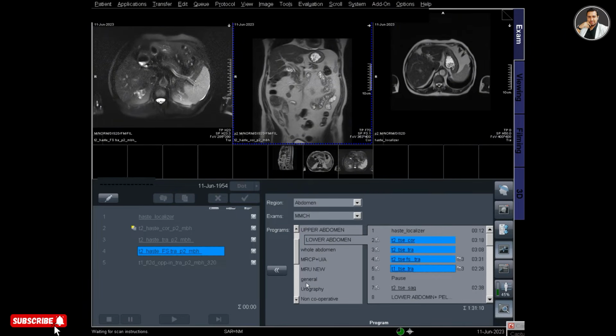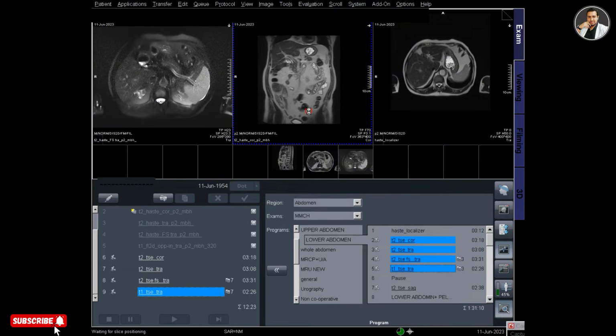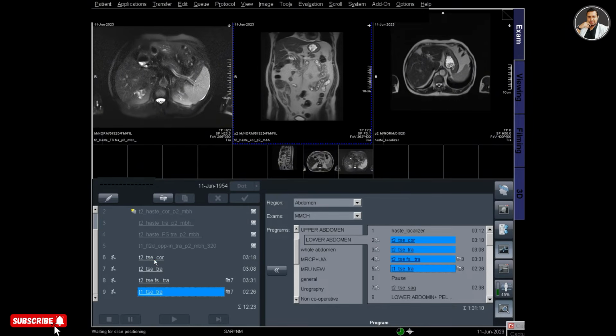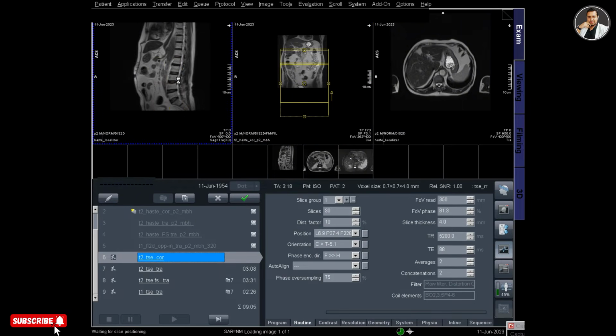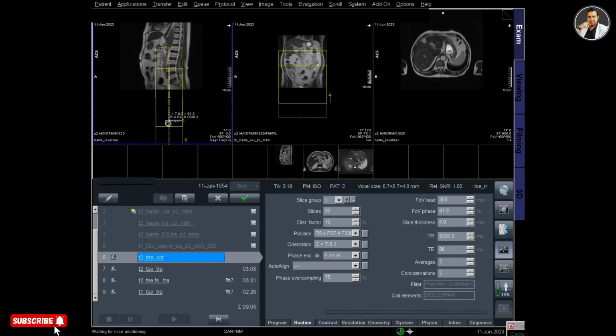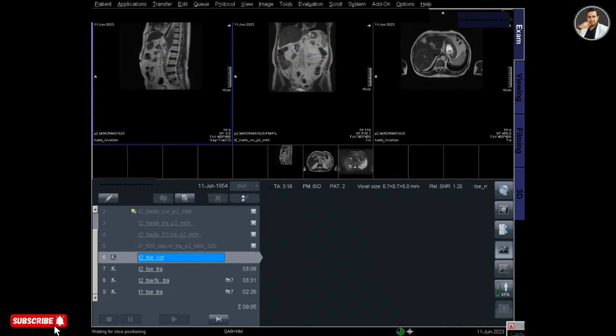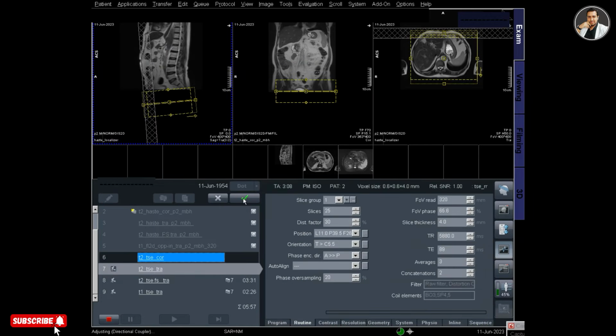And for the lower abdomen I am selecting from the lower abdomen folder, selecting some protocols and dragging them into the exam list. So at first I will take the T2 coronal image for the pelvic region, and for this I have to plan on the sagittal and axial images. Now I am planning almost blindly over the sagittal image, keeping an idea of where to plan, and finish the planning for T2 coronal.